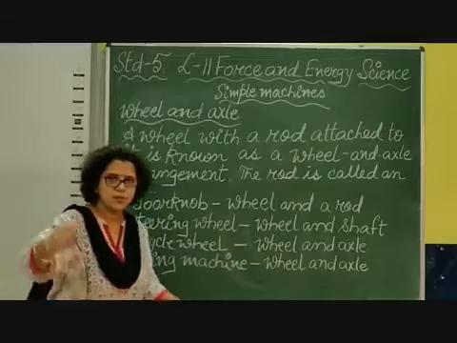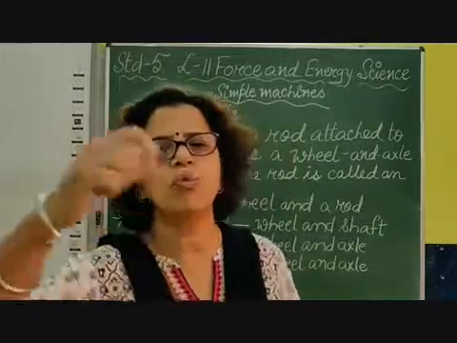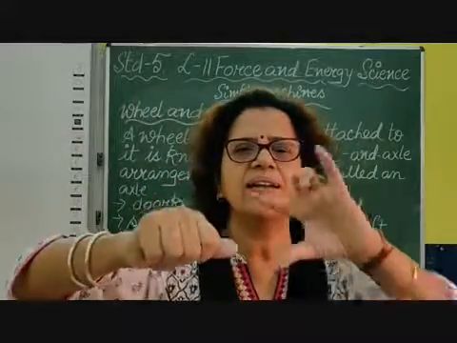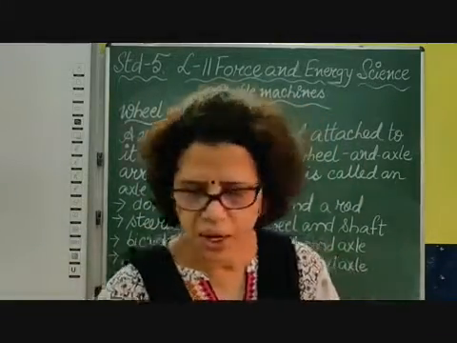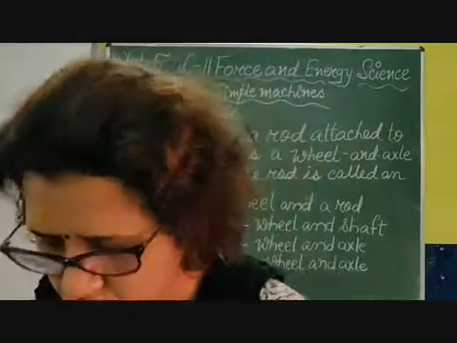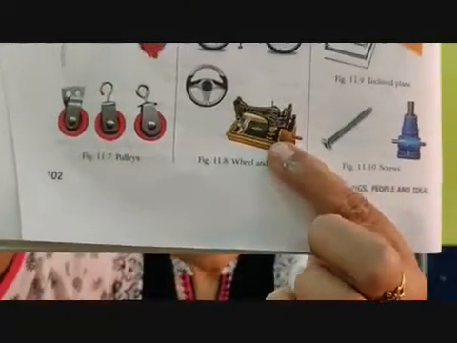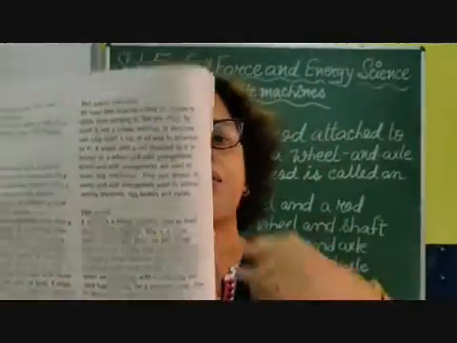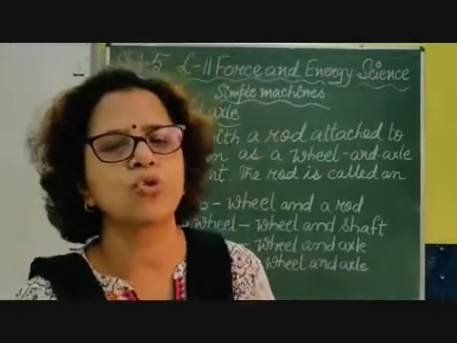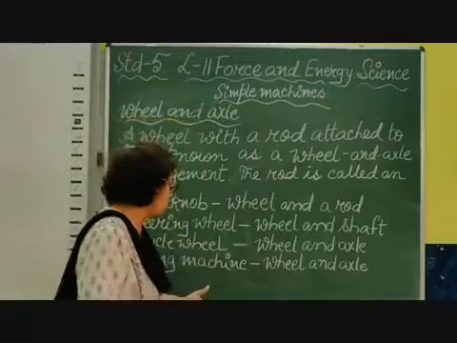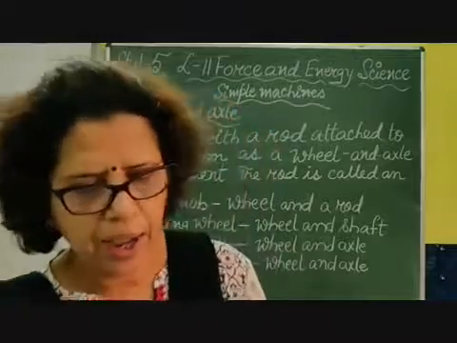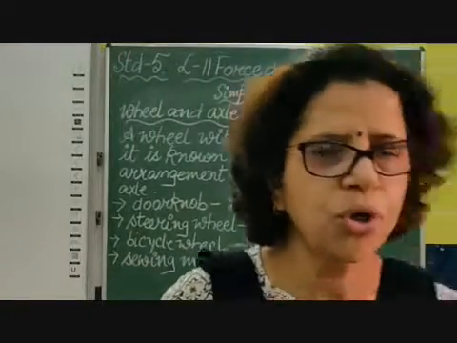Sewing machine. You must have seen a sewing machine which moves in a circular position, but inside it where you have the handle, that is the rod, that is your axle. Okay, your sewing machine picture is given in your textbook. You just have a look, this one. So when it functions, the wheel with a rod helps you to do the work faster or easier in this way. Sewing machine also, even egg beater. Okay, I'll just show you.